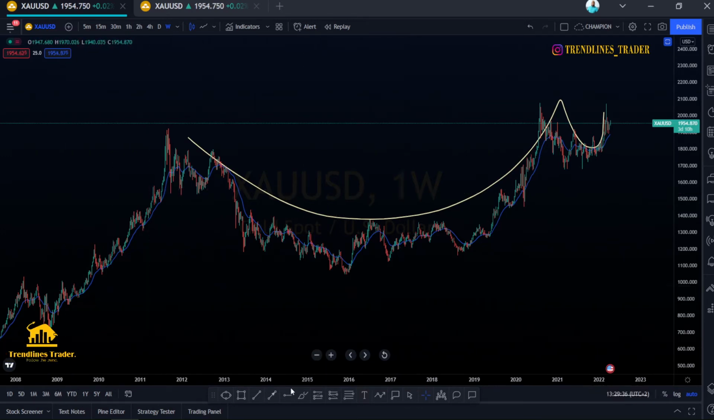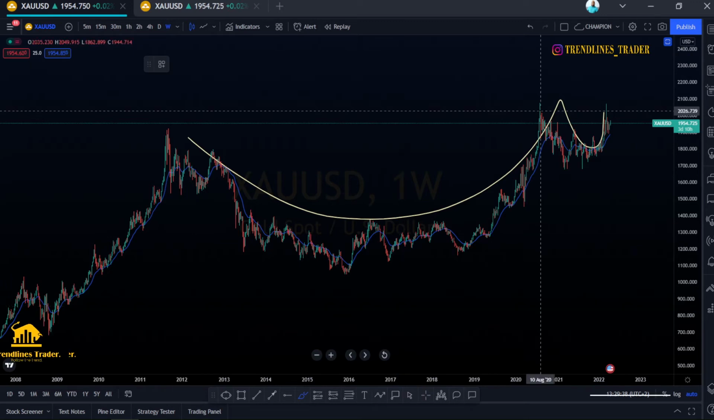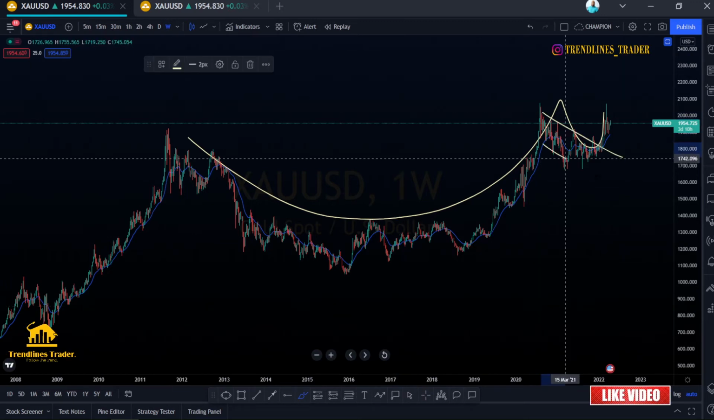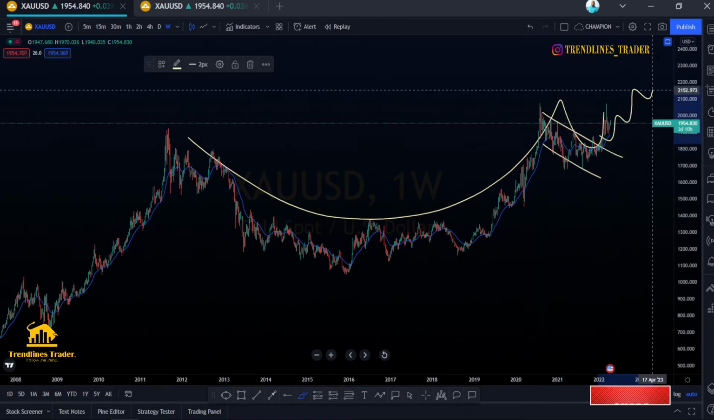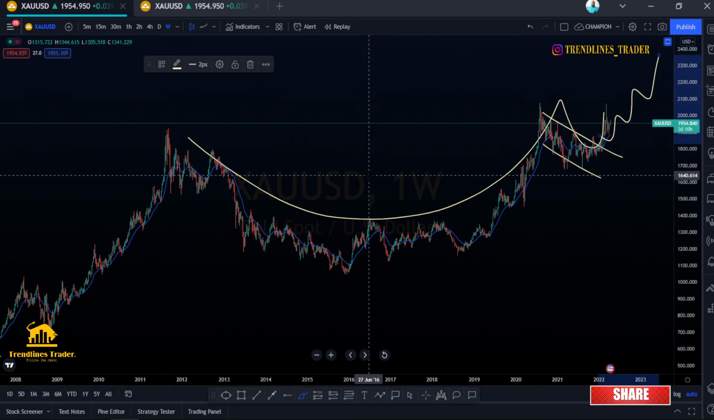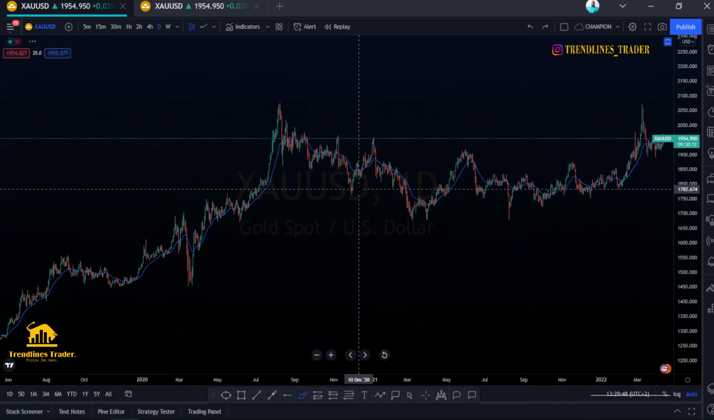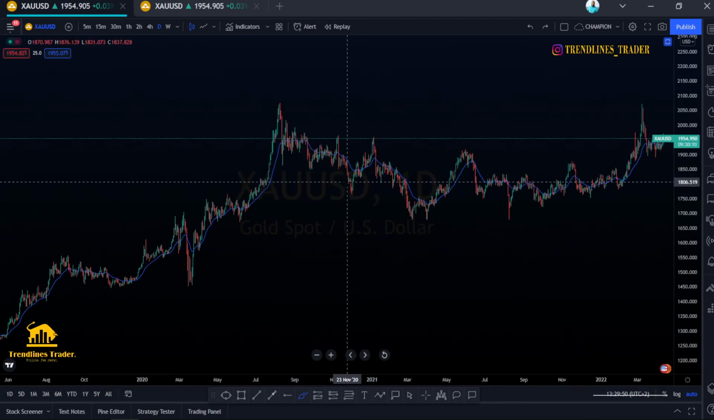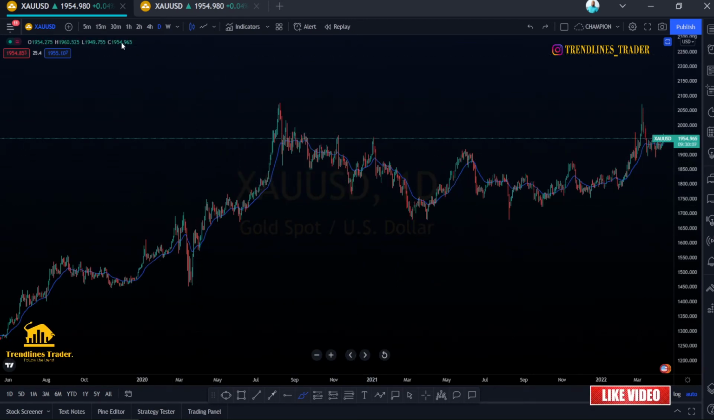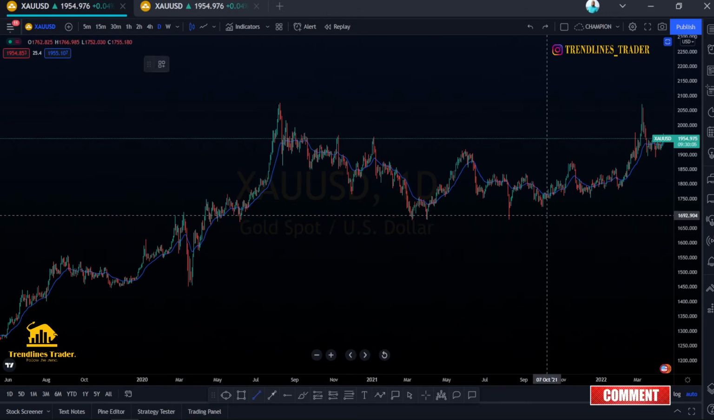Remember, a cup and handle pattern is always telling us that the price is about to push towards the upside. So if this looks like this on gold, you will have to trade Nasdaq very carefully. It might be time for Nasdaq to